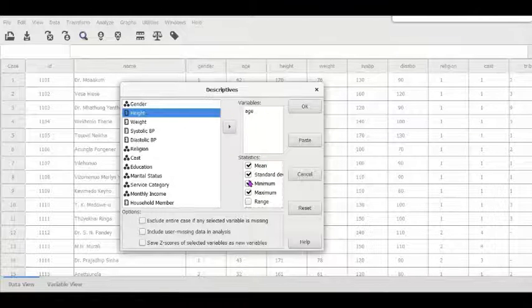Now let us see what descriptive statistics values are clicked: mean, standard deviation, minimum, maximum. We have some more, but let us analyze with these four descriptive statistic values, then press OK. So it will be showing in the output file. The variable is our age, the number of entries in this data file is 106, the mean value is 41.55, standard deviation 9.56, minimum value is 24, and maximum value is 64.